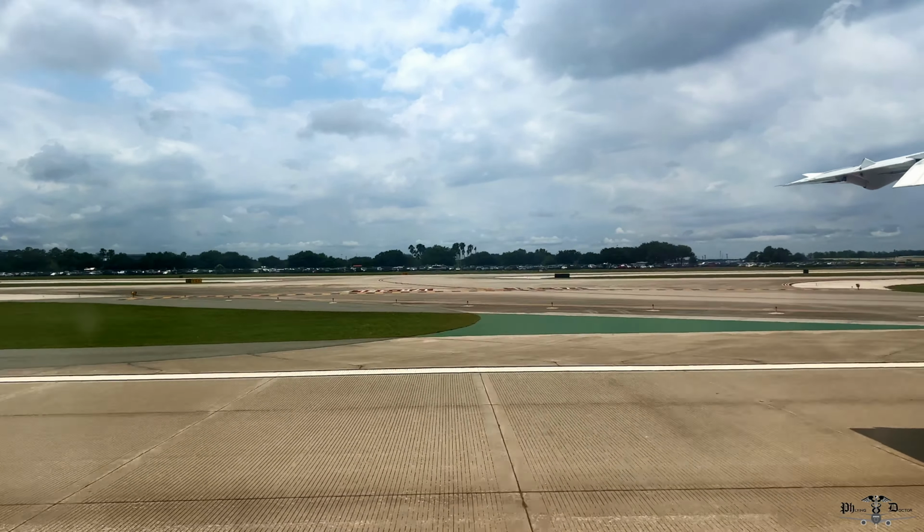As we touched down, the roar of the turboprops increased, reducing our ground speed to an appropriate rate. Very good landing, Captain Matt. Ladies and gentlemen, Silver Airways would like to welcome you to a landing with the local time is...